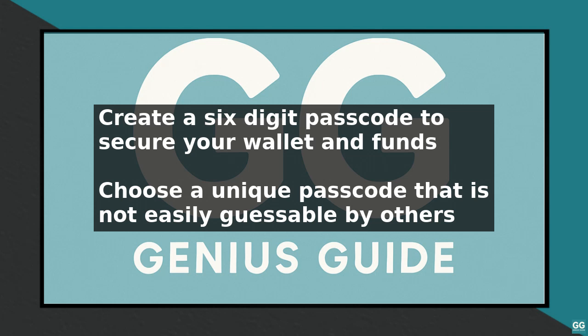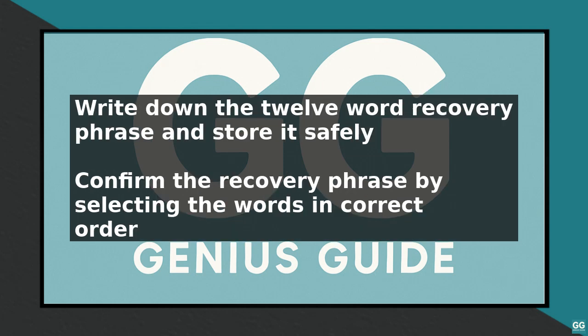Do not share your recovery phrase with anyone, as it can be used to access your wallet and steal your funds. Once you have written down your recovery phrase, you will be asked to confirm it by selecting the words in the correct order. After confirming your recovery phrase, your wallet will be created and you will be taken to the main screen. From here, you can add cryptocurrencies to your wallet, send and receive funds, and view your transaction